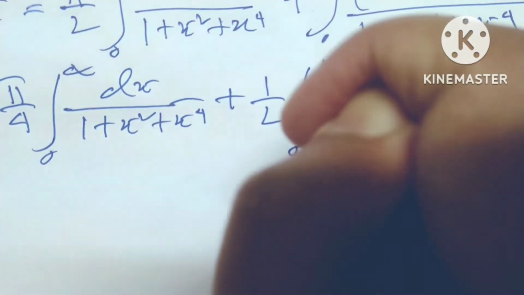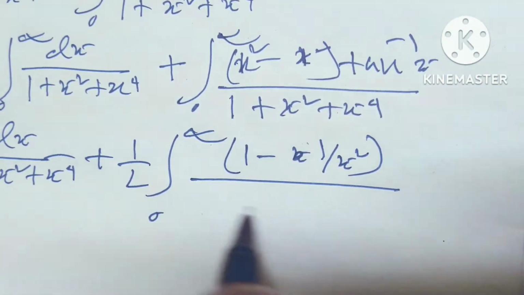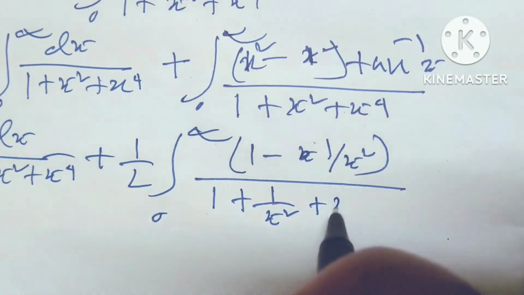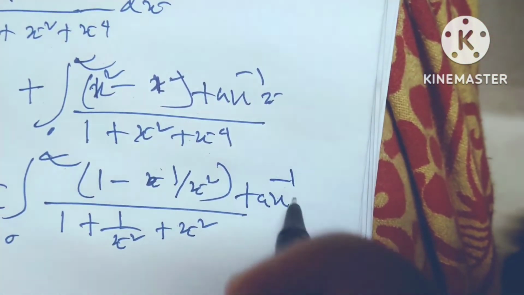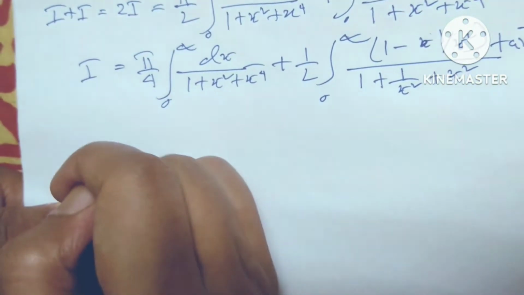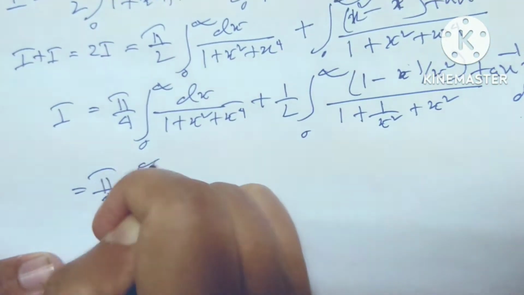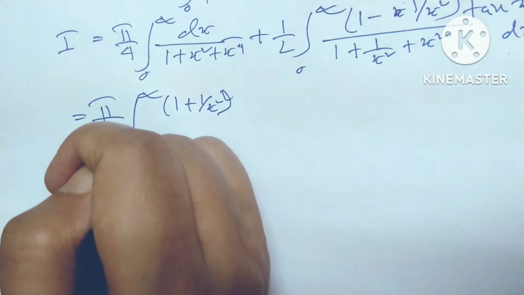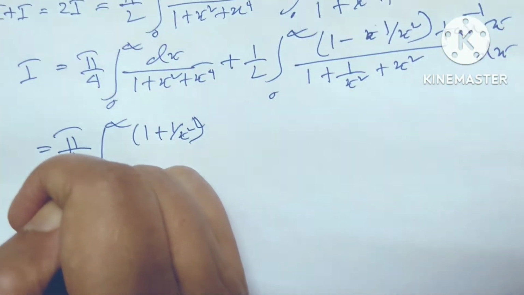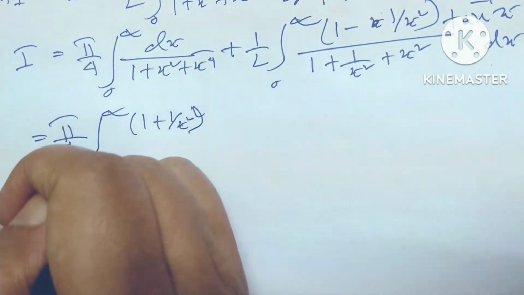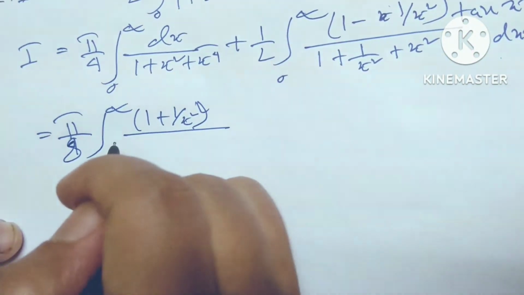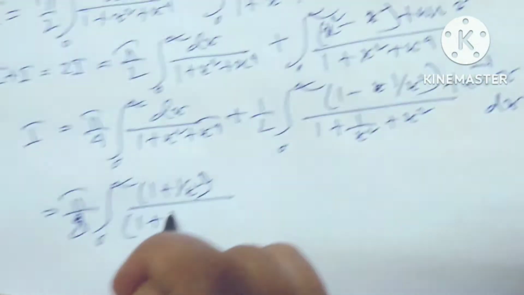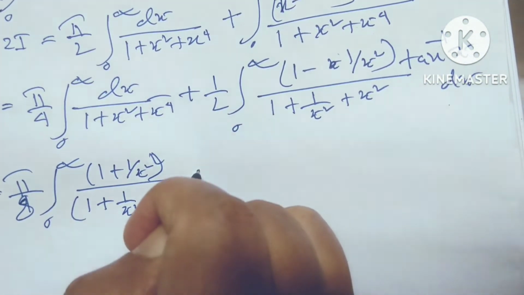plus half into integral 0 to infinity 1 minus 1 by x square divided by 1 plus 1 by x square plus x square tan inverse x dx. Okay, now friends, this can be written pi by 4 integral 0 to infinity 1 plus 1 by x square, and it can be written pi by 8 1 plus 1 by x square plus x square dx